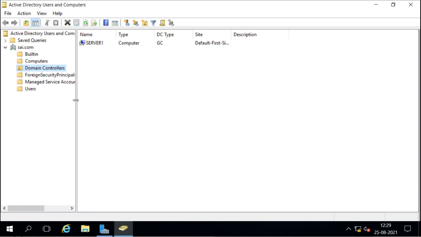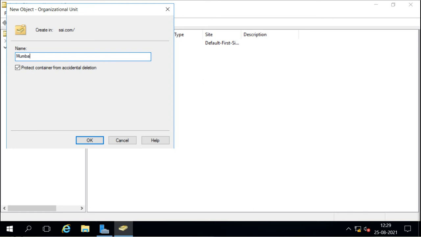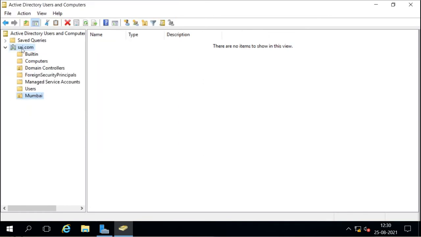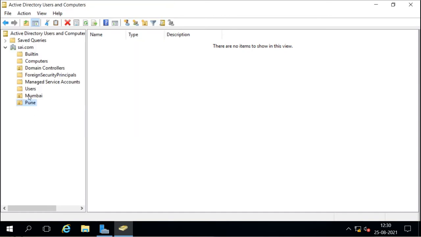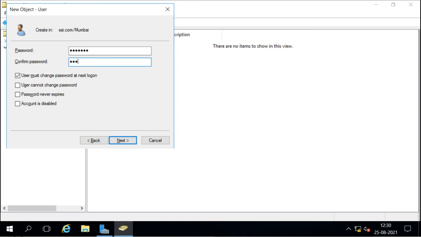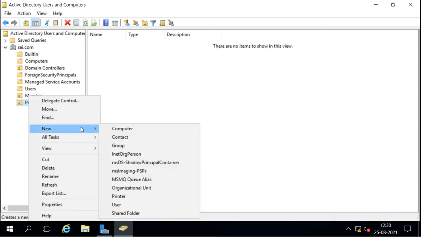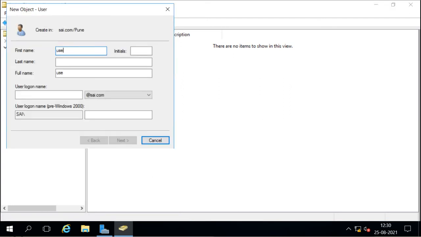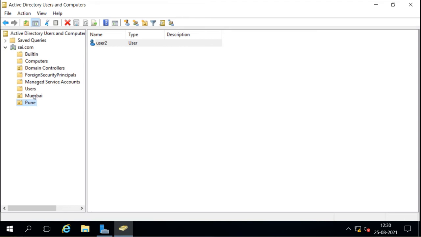Like for example, I will create a new OU here, and I will create some users here also. So we have some OUs and some users here.